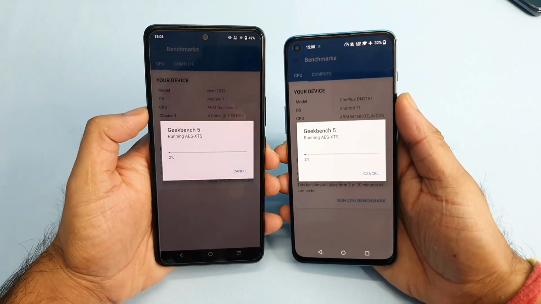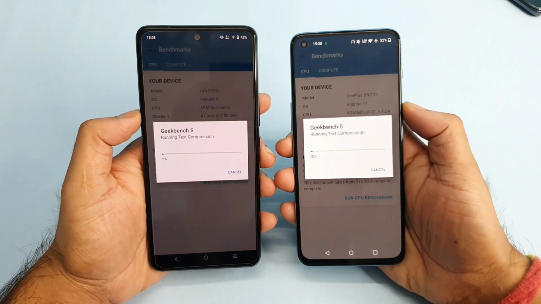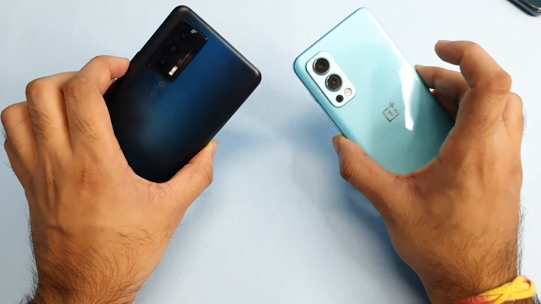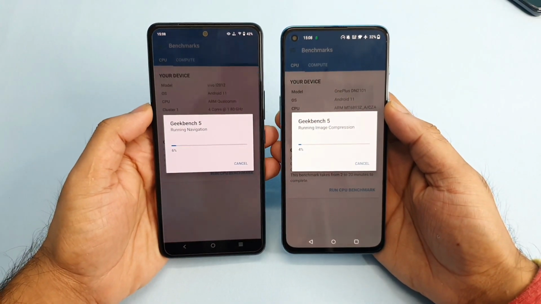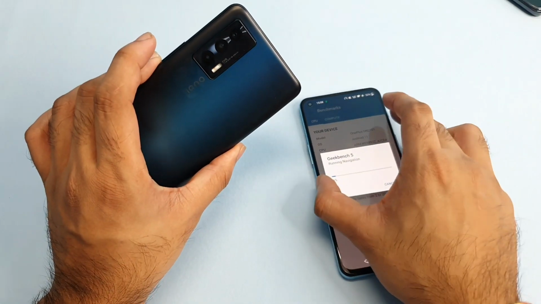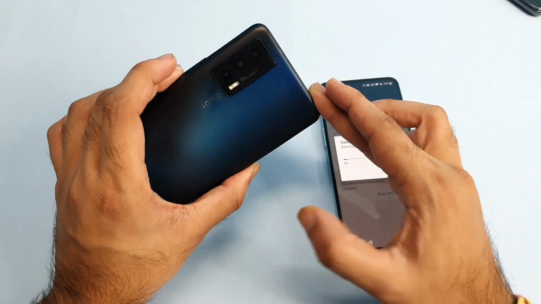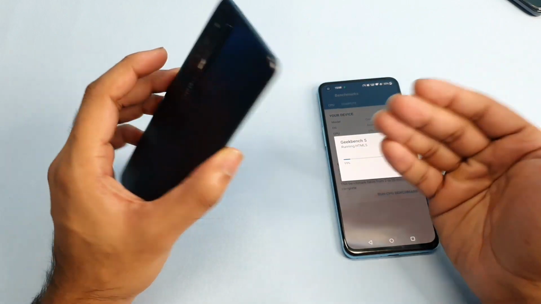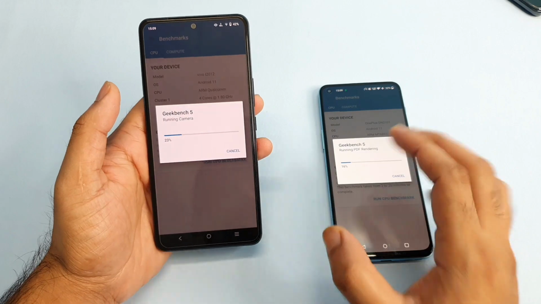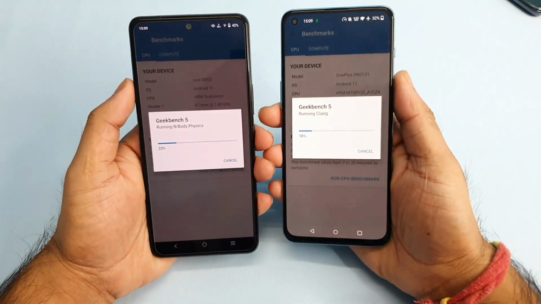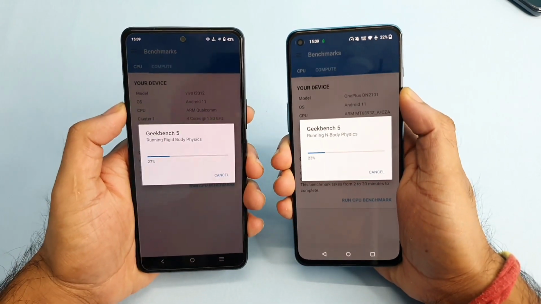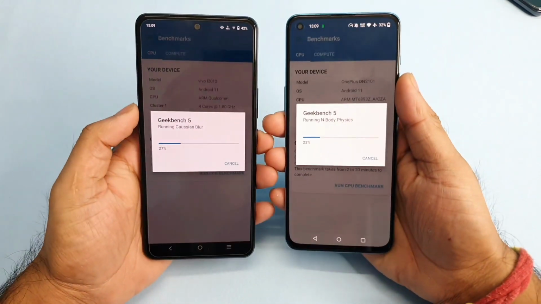Let's see how much the single core and how much the multi-core difference we can actually expect between both of these devices. In this way, we'll be able to find out what's going on between these devices. Just a couple of hours ago, friends, I did receive the software update in the iQOO 7 device. Meanwhile, I was testing everything in this iQOO 7 device, playing games and doing some benchmark things, just to point out if there is any difference in terms of the temperatures in this phone or not. So let's see in the Geekbench 5 score how much difference we can actually see between these two devices. This is going to be a really interesting test.